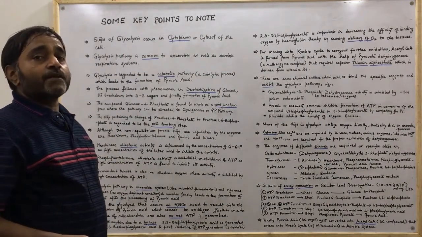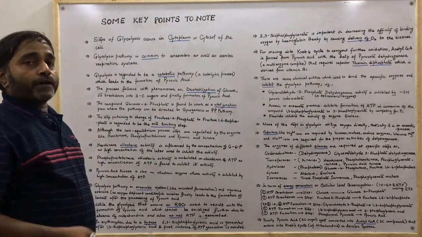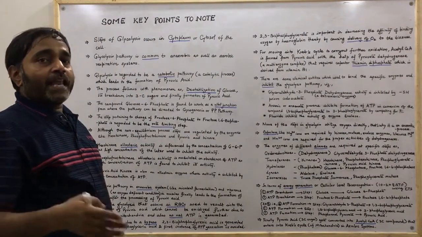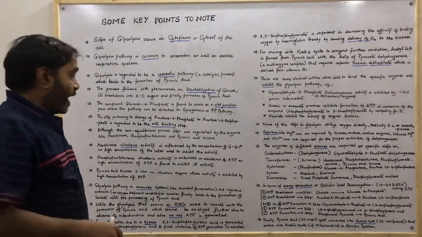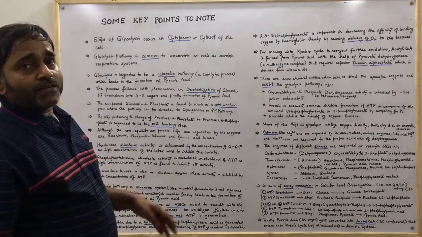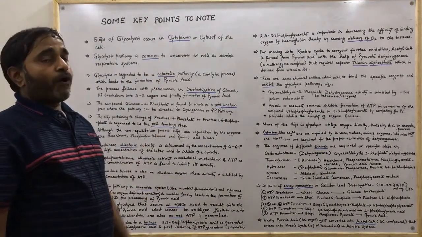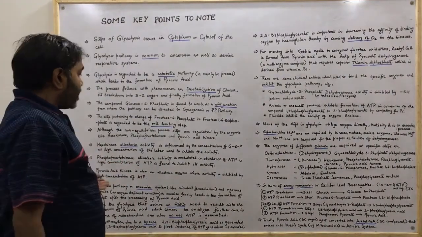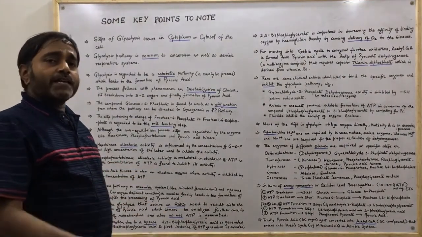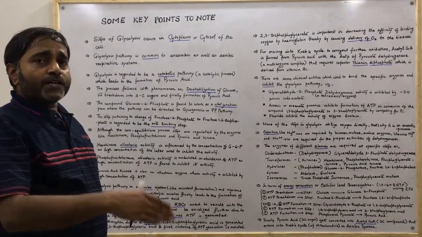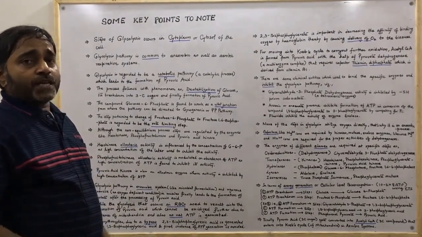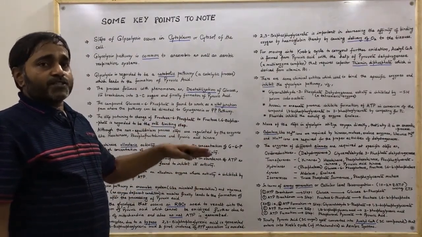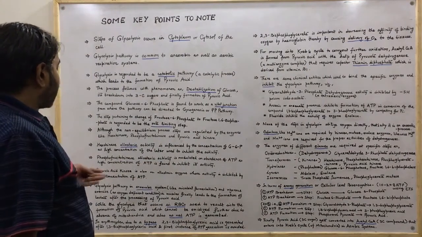seen, in case of fermentation by bacterial cells, or in case you have seen when rigorous exercise is performed, then lactic acid is generated in the muscles. And what happened? That lactic acid will finally go to the Cori cycle for further processing. So that fact I have written, and here you can have the idea that finally lactic acid is formed after the completion of glycolysis in such systems, particularly in anaerobic systems. Now we will see the other fact.